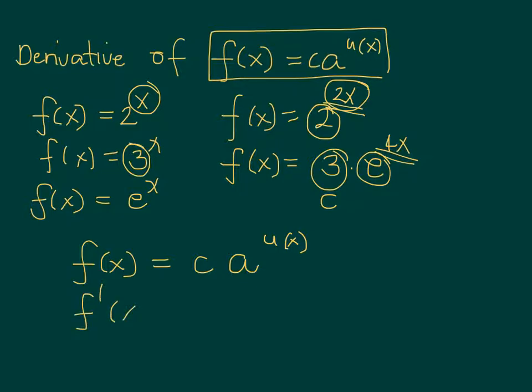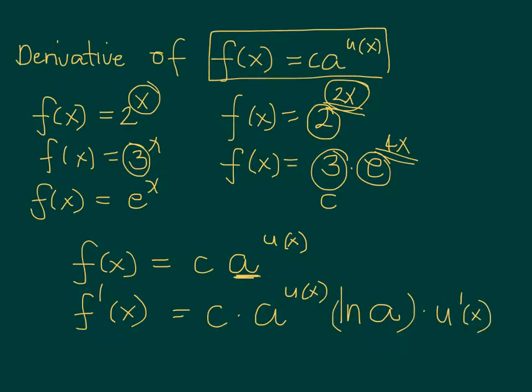Based on the rule, the derivative of the function is: c will remain c, a constant number, and then we copy the function a to the u of x. We take the ln of the base a, not e, base a, and then we multiply this by the derivative of u of x, which can be named as u prime of x. Okay, to give you an example,